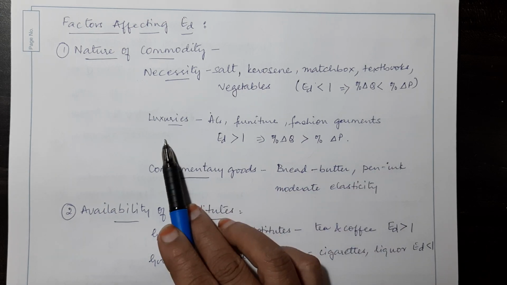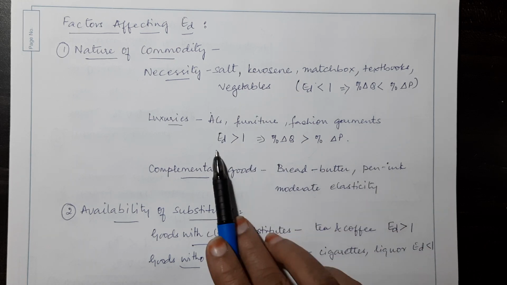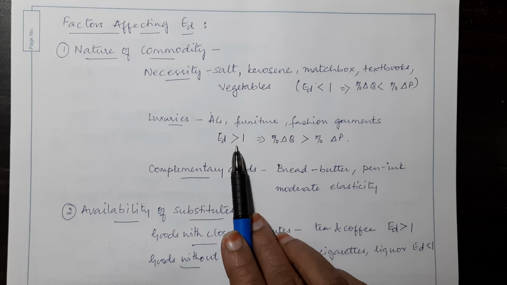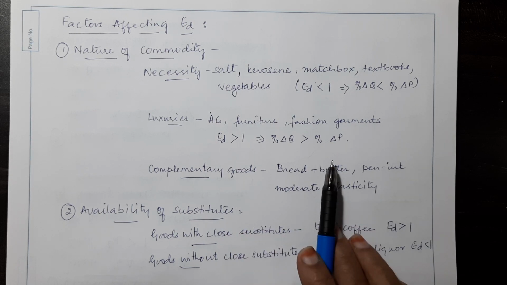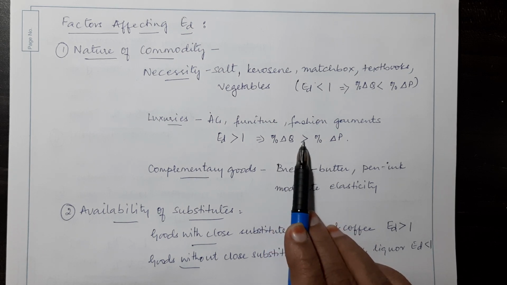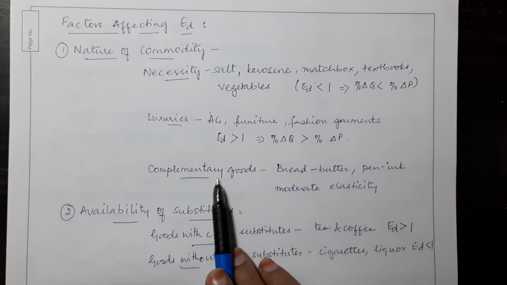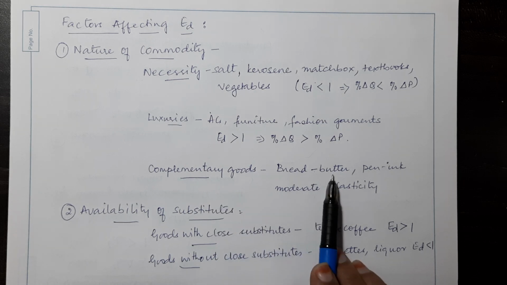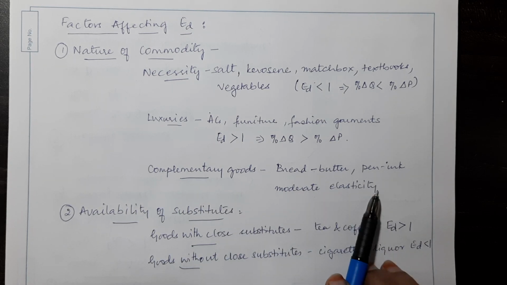Then luxury goods like ACs, furniture, fashion garments. Here the elasticity is greater than 1 because any little change in price will bring about a big difference in the quantity demanded. So here the percentage change in quantity demanded will be greater than the percentage change in price. Then complementary goods like bread and butter, pen and ink, they have a moderate elasticity because